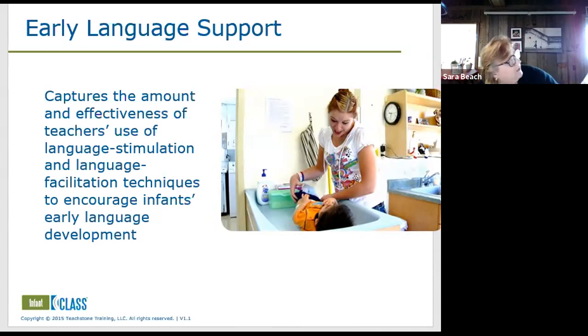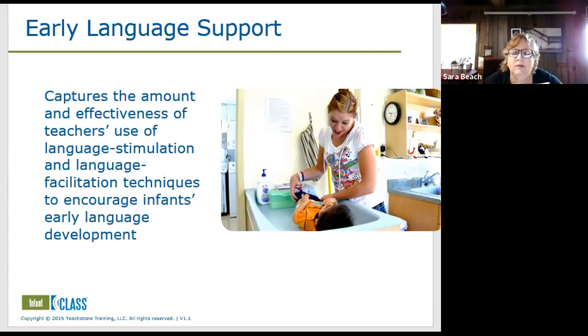So if you look under teacher talk, the behaviors specifically are self-talk, which is describing what I'm doing as I'm doing it, and describing classroom events verbally. Like, oh, Miss Jackson just came in. You just saw her come in. You like Miss Jackson. Yeah, she's going to wash her hands and then she's going to come talk to you. That's describing a classroom event, right? Verbally labeling objects while you're playing together, using complete and varied sentences.